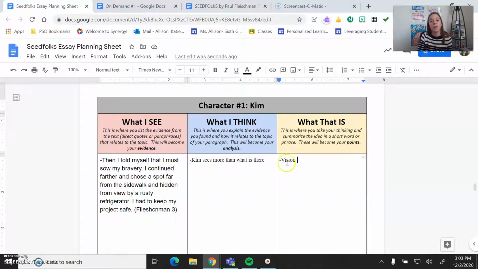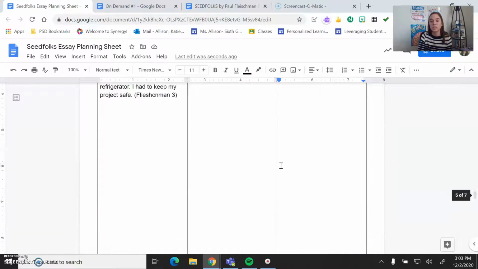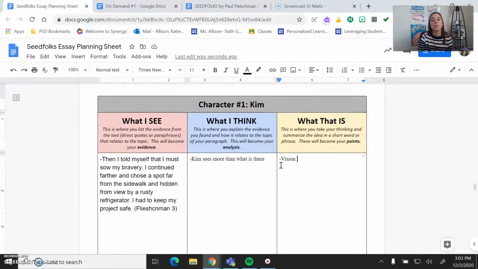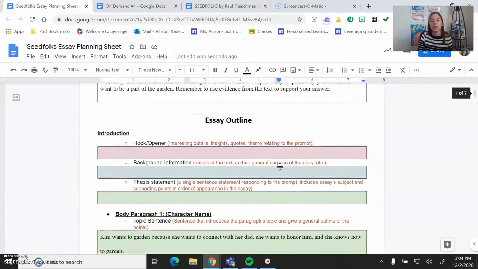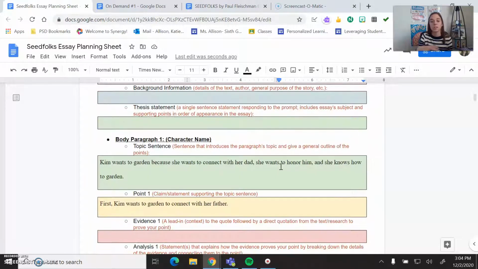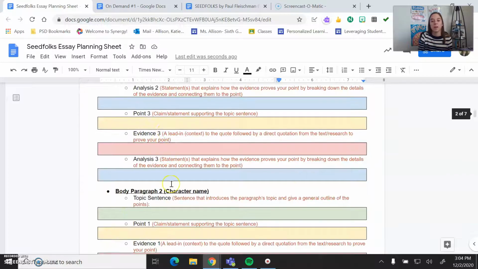So this is a helpful chart. I have a couple different ones set up for you down here if you want to use this for your characters. Again, only if you're really stuck. Like, I do not know how to write this paragraph. Start here, and then up top is where we will plug in those different words and things that we were just talking about. So this is where I would write, this is a different paragraph, but I would write the different paragraph pieces here. Our goal is to have some complete body paragraphs, hopefully by the end of class today, so we can move on to our intro and conclusion.